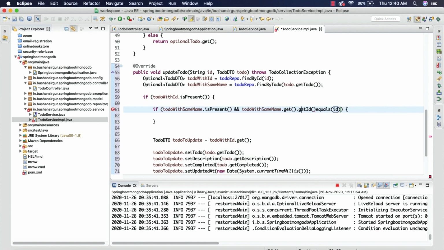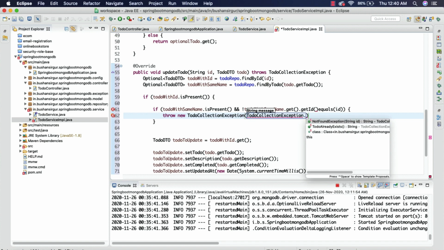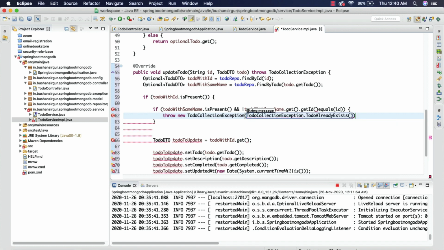If it is not equal, we're going to add a logical not operator. Then we're going to throw an exception, throw new ToDoCollectionException, ToDoCollectionException.toDoAlreadyExists.